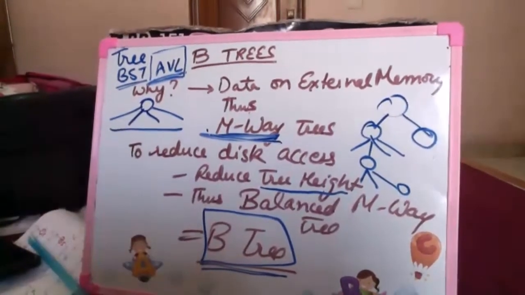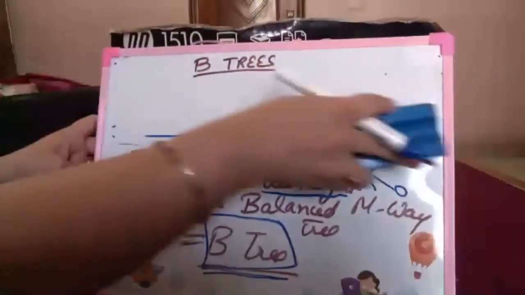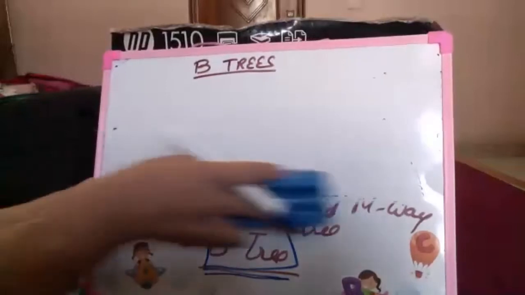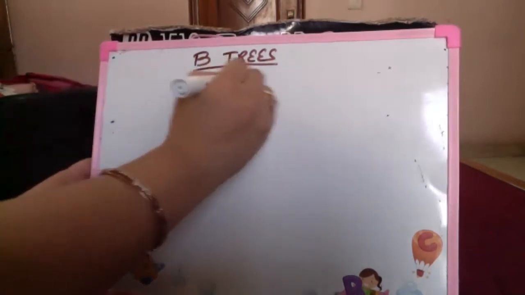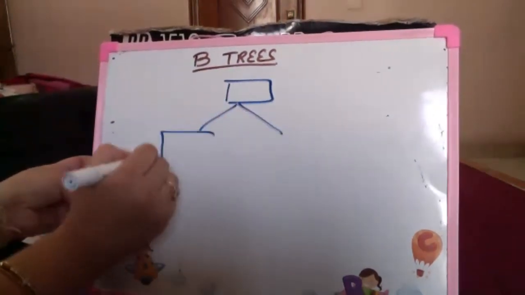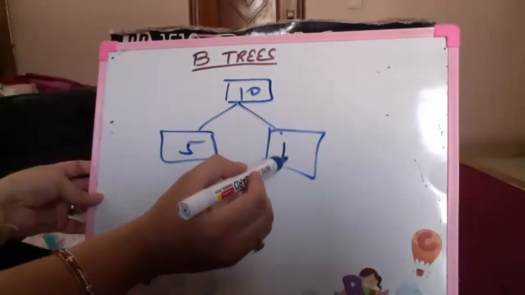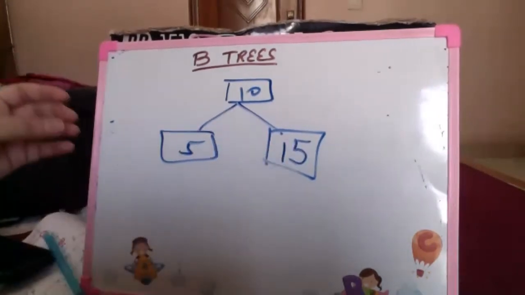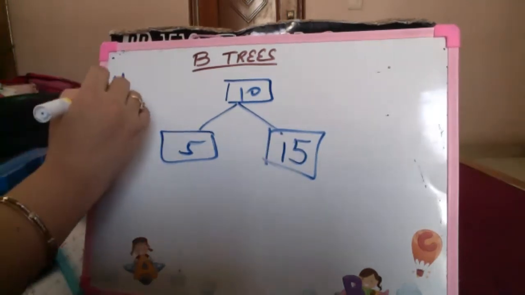Balanced M-way tree. Now, to be able to reduce the disk access time, not only are we increasing the number of children, we are also increasing the number of keys that are stored in a single node. In an M-way tree, generally, you are storing a single key in a single node. Supposedly I am having some data in a binary search tree, so I am having it in a manner in which every node has a single element. If I increase the number of elements that can be stored at every node, that also reduces the number of disk accesses. For an M-way tree,